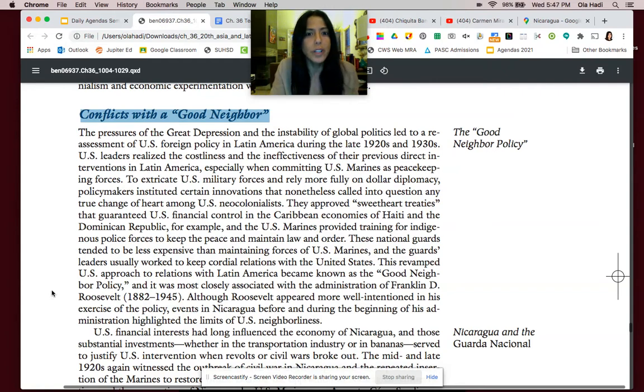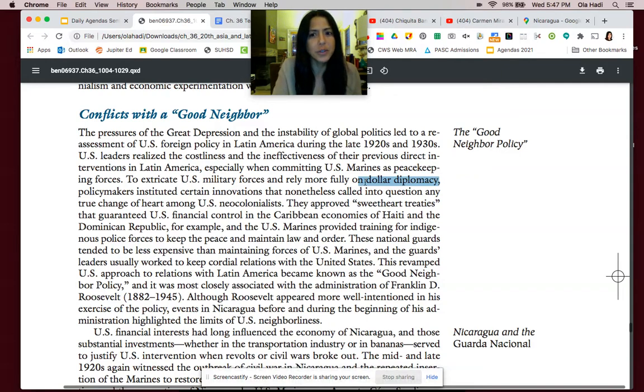And so we're going to see a change to something called dollar diplomacy. We see this during the presidency of William Howard Taft. He makes a speech where he talks about substituting dollars for bullets. That basic idea is using the might of the United States' economic power instead of intervening with the military. So instead of, for example, assassinating a president you don't like or landing U.S. troops on Latin American soil, we were going to try to give them loans and use money to achieve our political ends, to use dollar diplomacy.